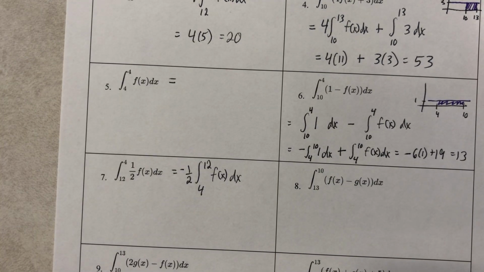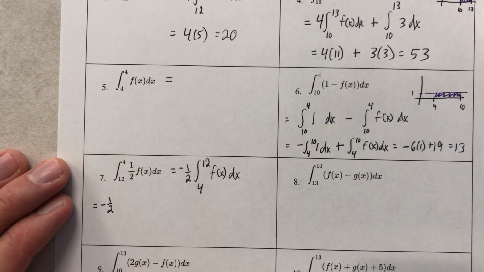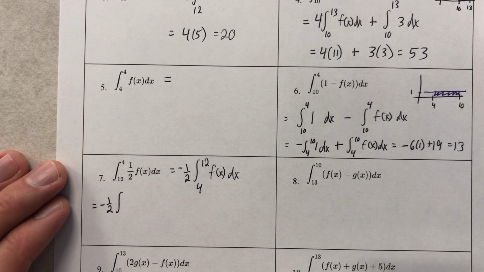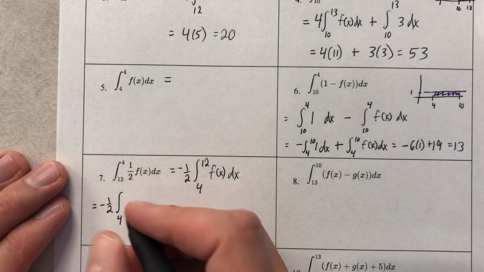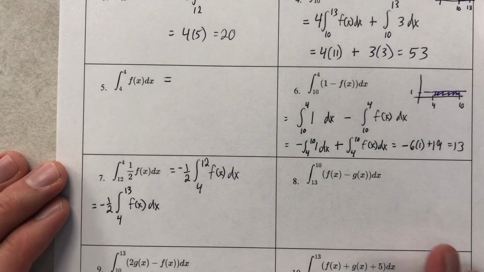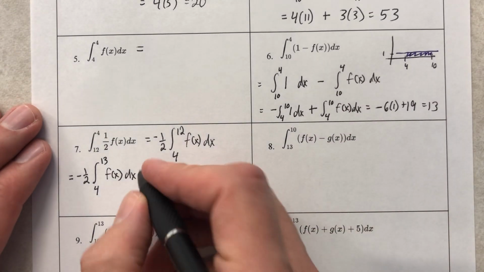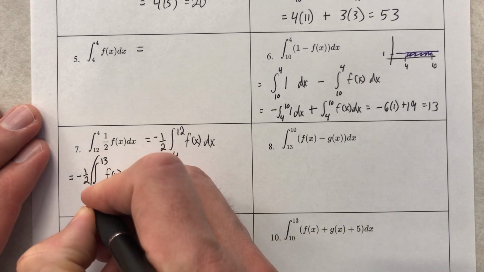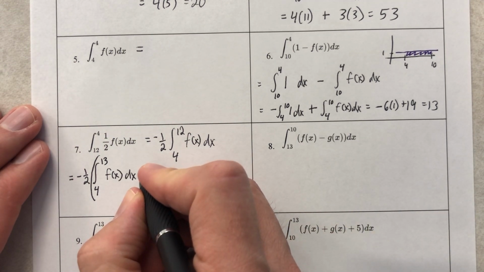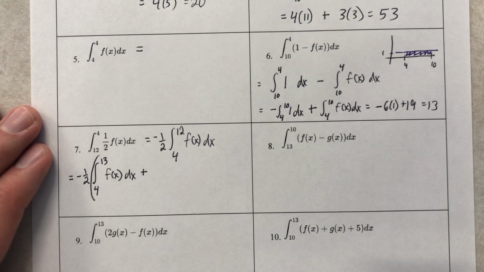Let's move on. Here's what's going to happen. We're going to do negative 1/2 of the integral from, oh, we never did 10 to 12. That's okay. Let's go 4 to 13 of f of x, which we do know 4 to 13 of f of x was 30. And I know you're like, well, we just did this on the graph. I see it. I know what you're saying. But now we're going to add to it. Let's put that negative 1/2 in the front. There we go. And then we're going to add to it, or even maybe subtract from it, depending on your point of view, this 5. So it's like,